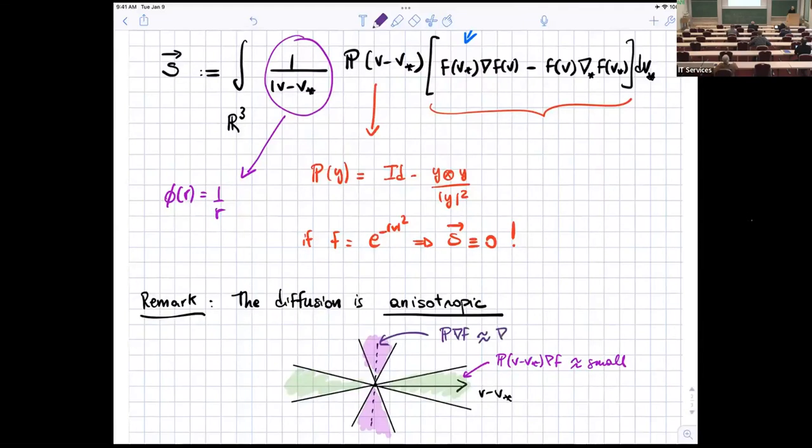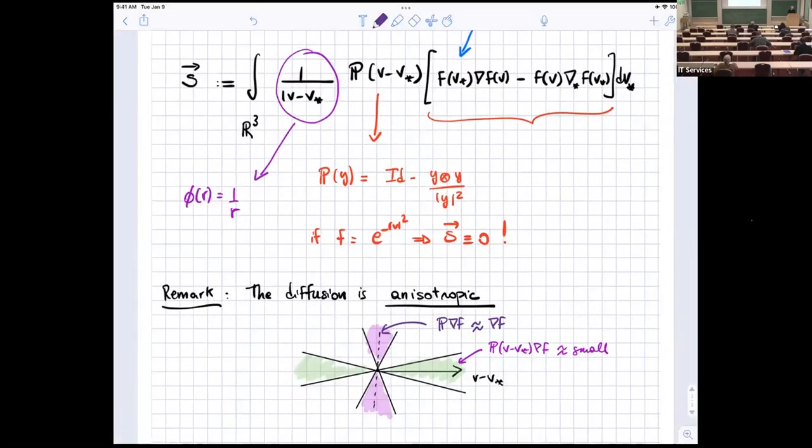It's almost like gradient f. So there is a certain degeneracy in the flux, and it depends on the direction of the gradient. But why did I mention diffusion? Why did I say diffusion? Well, this can be seen